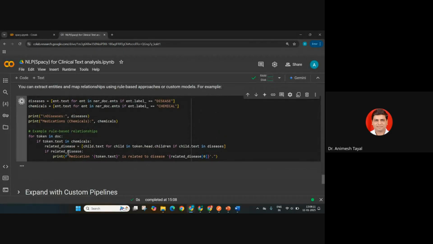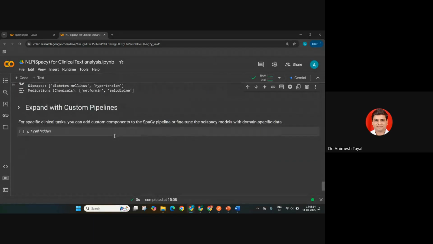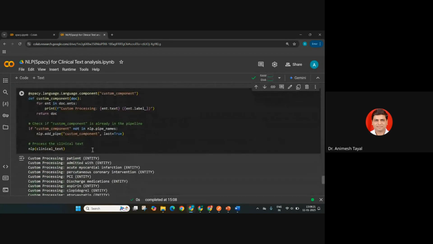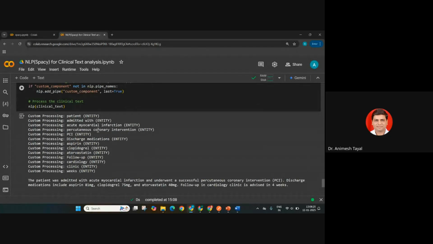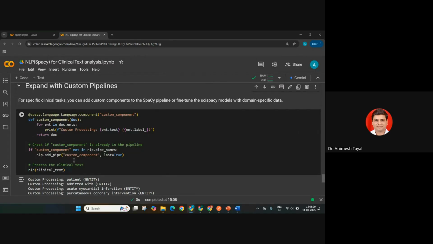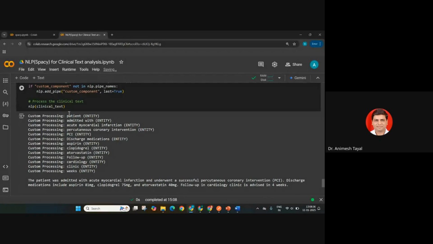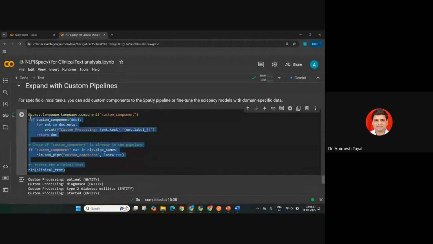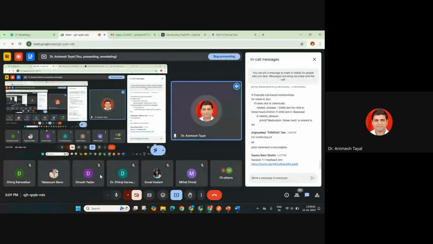Linking is also done, and then expand with custom pipelines, meaning to explain our data more properly, correct? So which are the entities and which are the, so we had done the pre-processing, tokenization, lemmatization, and NER, named entity recognition. Correct. Now the data is completely tagged in the different types of entities. Correct. Now you can use these entities in different types of analysis. Yes. So I will share this one also. This is the last one, and